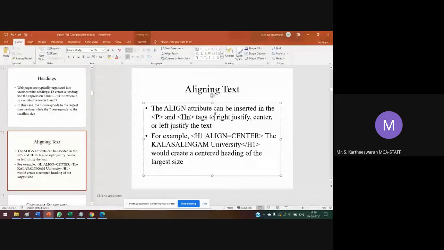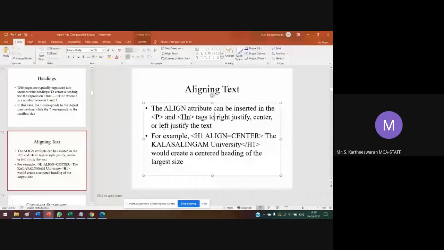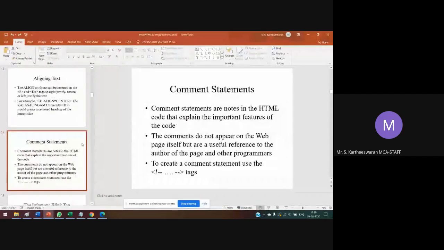Shall we proceed with the example from the last class, or next we have the comment statement. After that we will go to the practical class. Comment statement means the HTML browser, for example Google Chrome or Internet Explorer, should not consider this kind of tag.